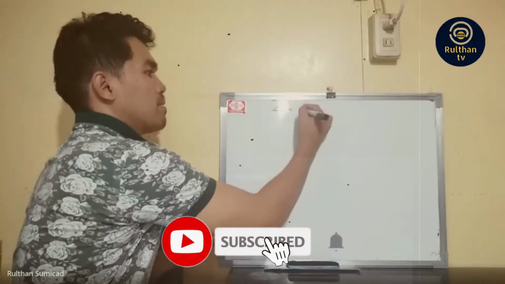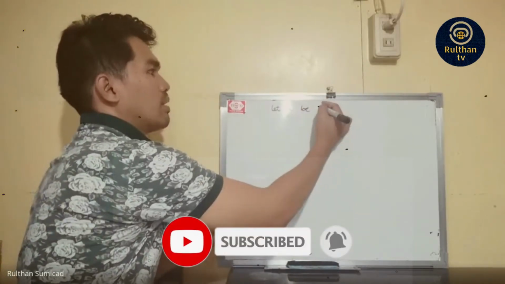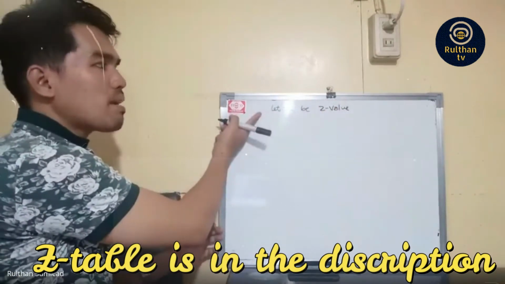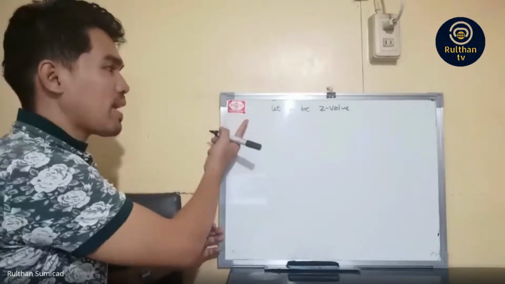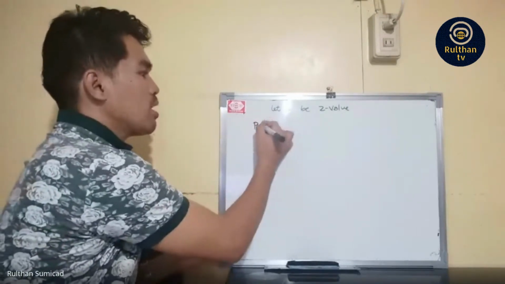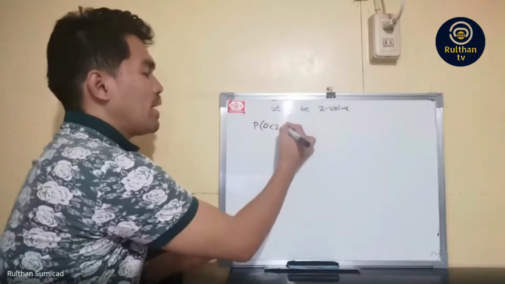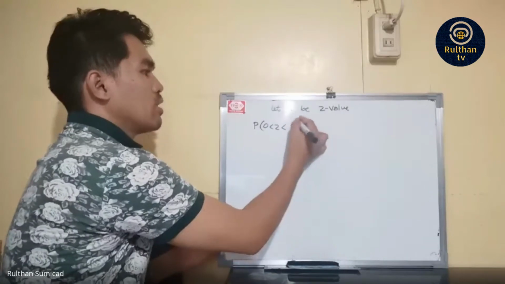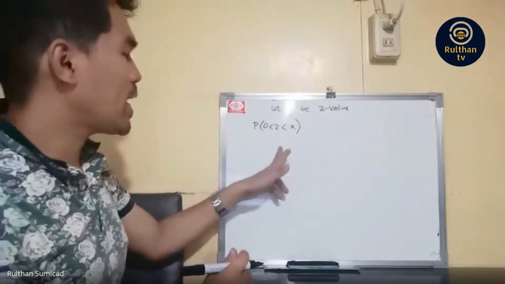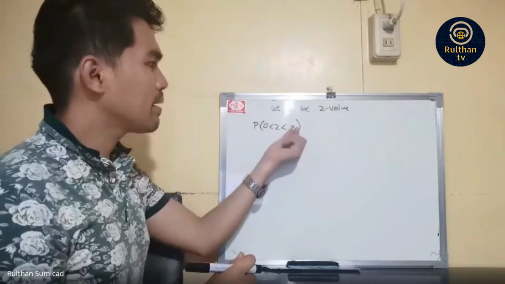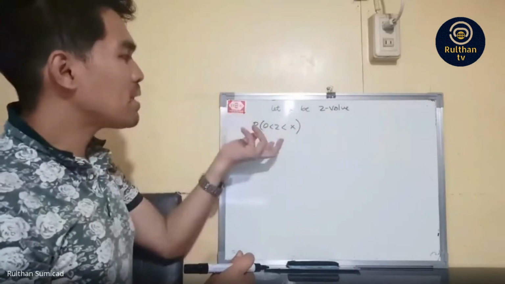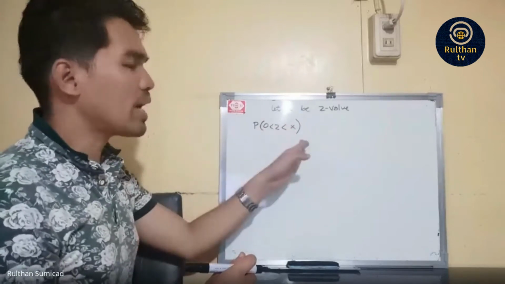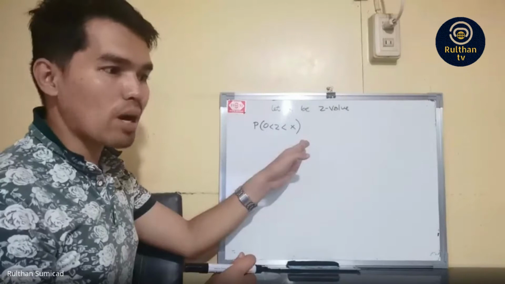Let x be the z value. I made this assumption so that you will not be confused about what x is. So you have P of a z-score greater than 0 but less than x. That is, the probability distribution of the z-score from 0 to x, where x and 0 are both specific z-values,